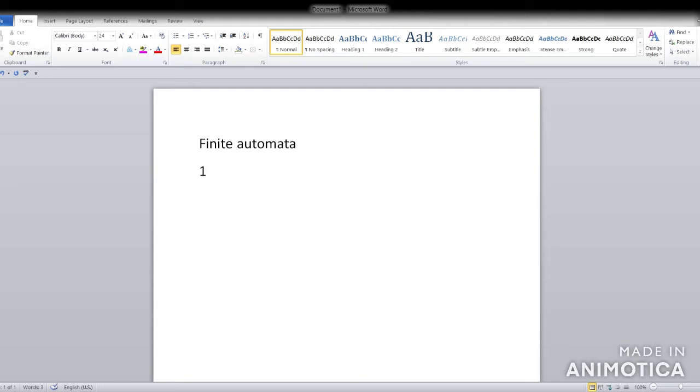First is without output. So in this we have studied the DFA and second is NFA, right? So as we have seen, there is no output symbols while studying this DFA and NFA. There is a concept of final state, and with the help of final state, we can either accept the string